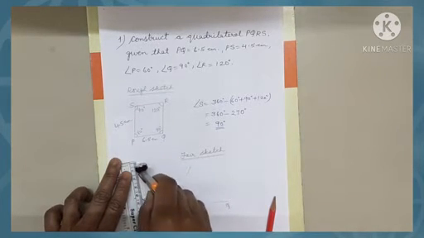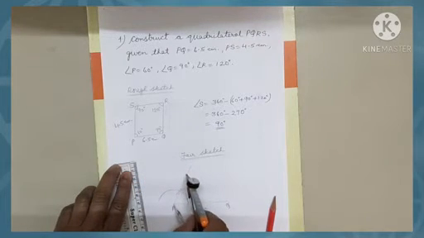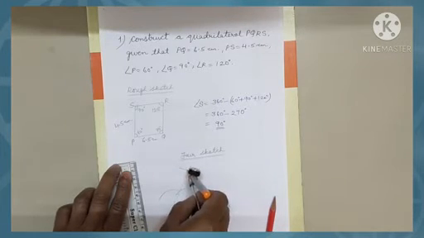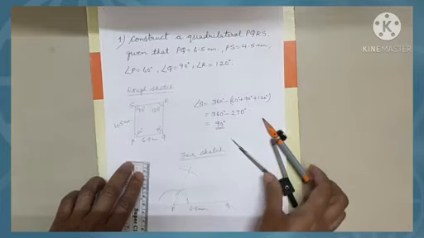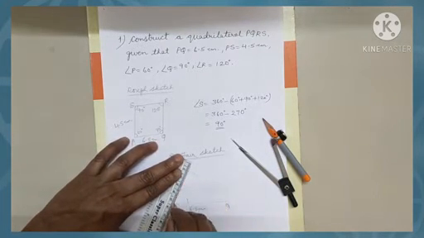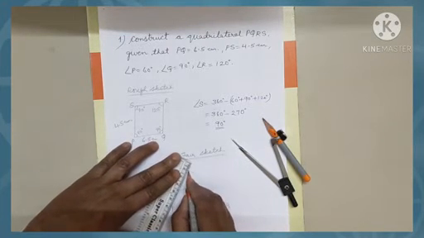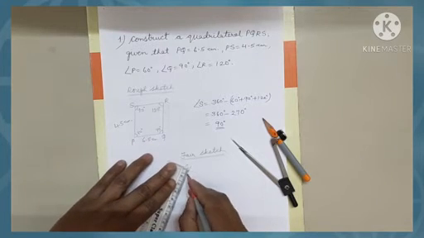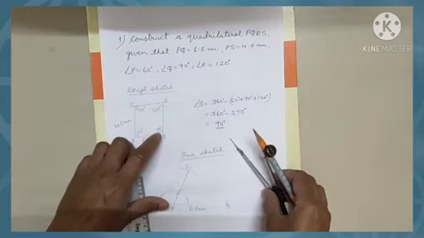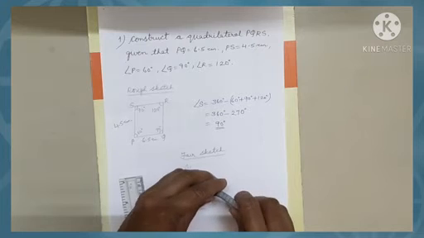For it we take the 4.5 cm measurement in the compass using the ruler, and we draw an arc on the 60 degree side. Where this arc cuts the 60 degree side, we put point S and we join this S with P. Now we construct 90 degrees on point P using a compass.